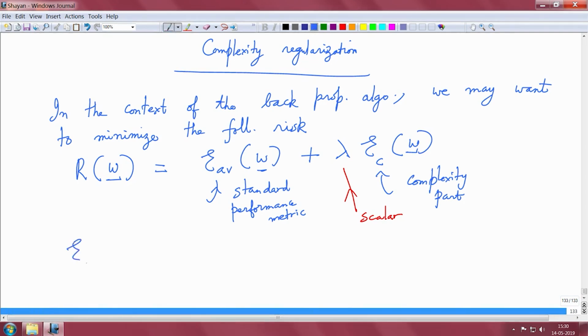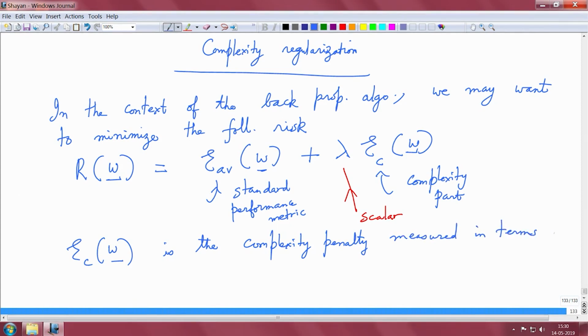Now EC of W is the complexity penalty measured in terms of the network weights W. One example for EC of W could be this norm square of the weights,